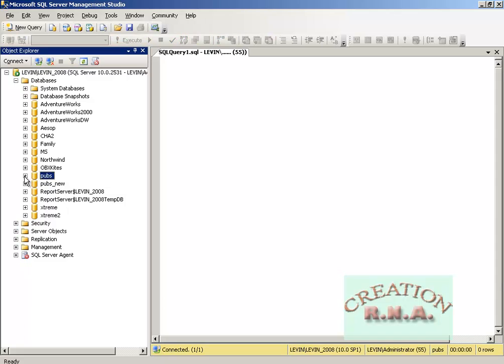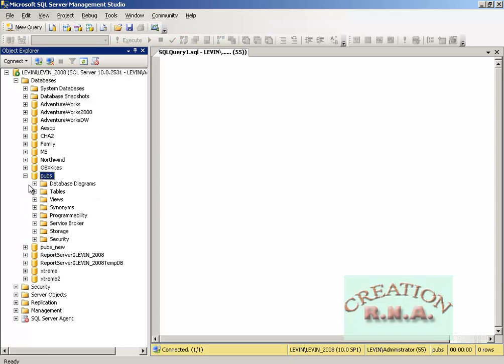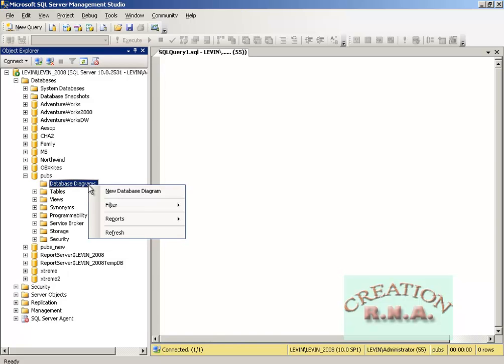I will show it to you, clicking the plus. Okay, it shows you the database diagrams. Click the database diagrams plus box. If there are any, it will show you the names of the diagrams. If there aren't, it will not show you any. You can start a new diagram by right clicking and selecting new. So there aren't any, so I'm going to say new database diagram.